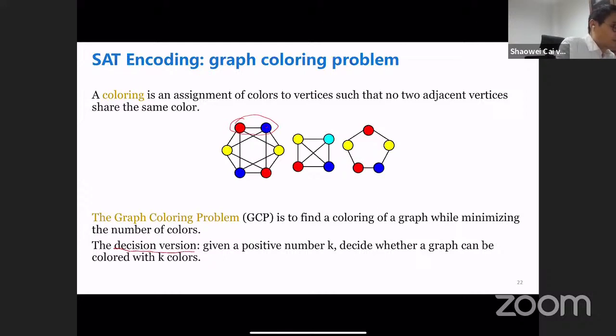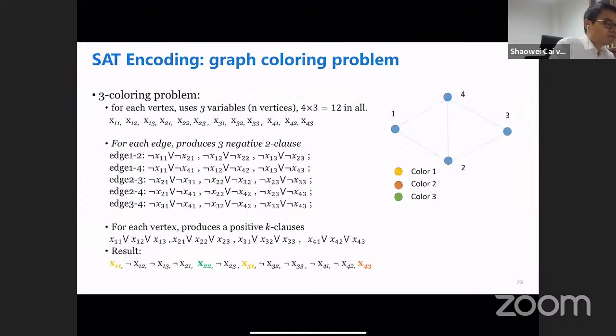The decision version of this problem is that, given a positive number k, we decide whether a graph can be colored with k colors. Okay, so we look at the 3-coloring problem for a small example. Here is a very small graph with 4 nodes, and we try to decide whether it can be colored